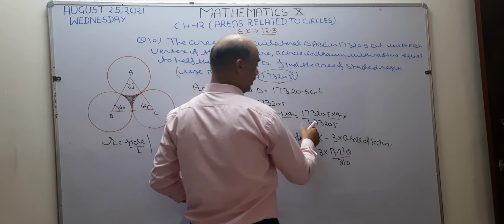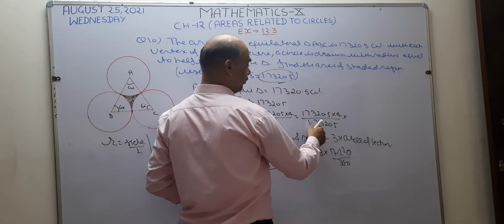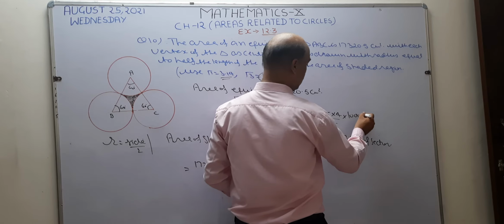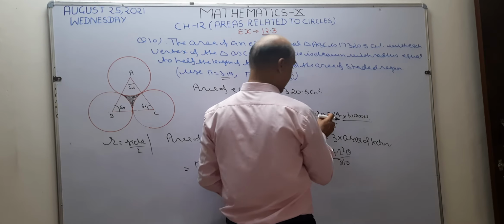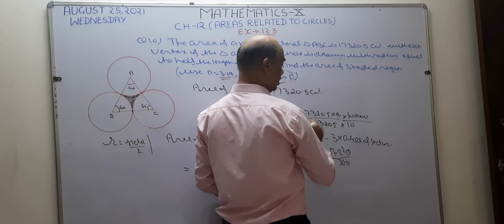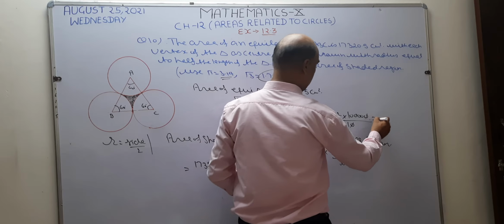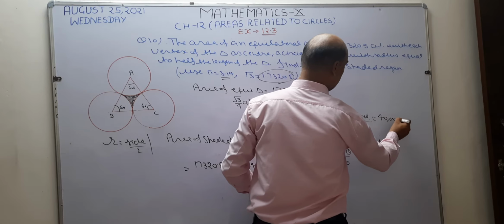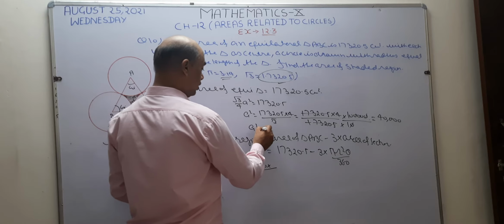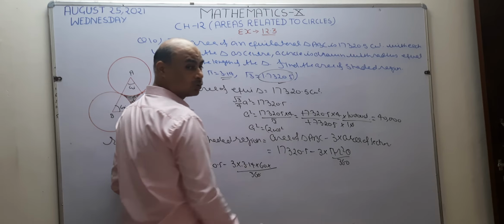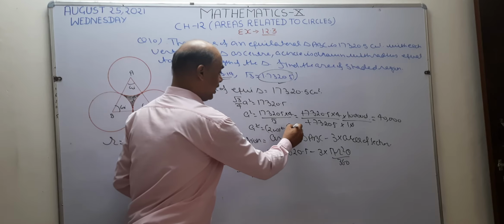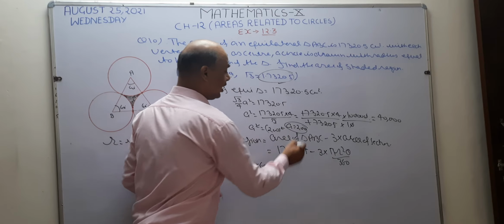When I want to remove this point, how many zeros are there? 1, 2, 3, 4, 5. 5 zeros are there. So write 5 zeros. After that, when I want to mark this point, I write here 10. So this value is going to cancel with this. This zero is cancelled with this. What is left? 40,000. 40,000 is square of 200. So write here 200 square. Okay. So square is going to cancel with square. So a becomes 200. So in this question, side becomes 200.